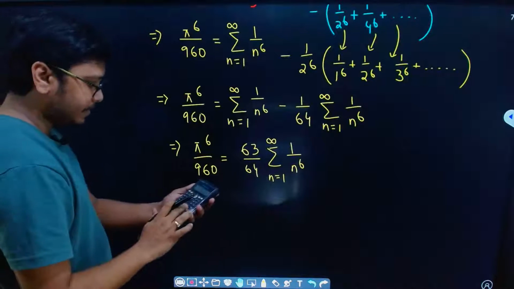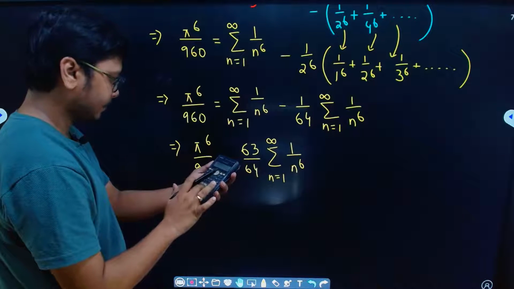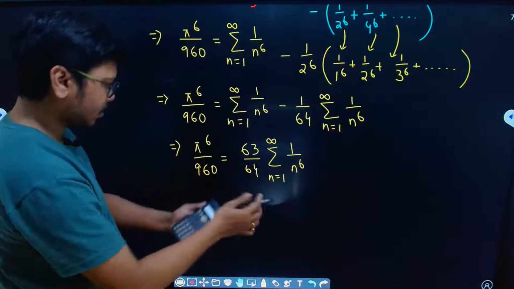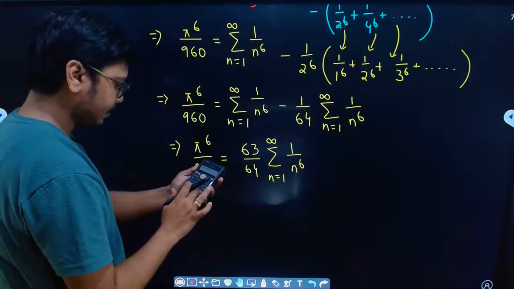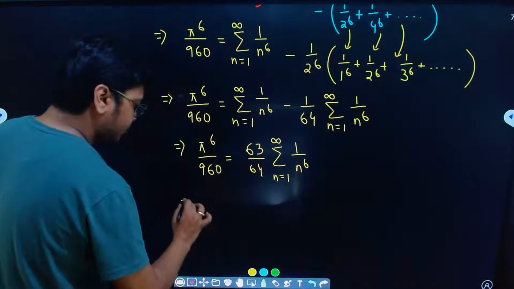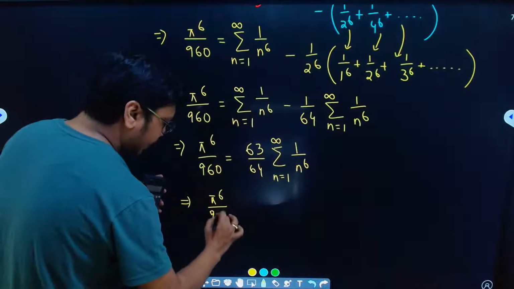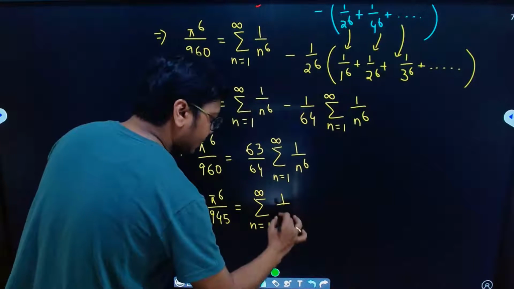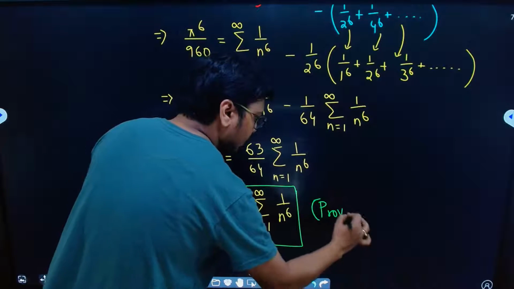If I further cross multiply, so 64 by 63 divided by 960, or I should write it this way simply, 64 by 960, that's 1 by 15, and that divided by 63 is 945. Okay, so if I just cross multiply the constant, I will have pi to the power 6 upon 945 equals summation n equals 1 to infinity 1 by n to the power 6, and this was my required proof of Parseval's,